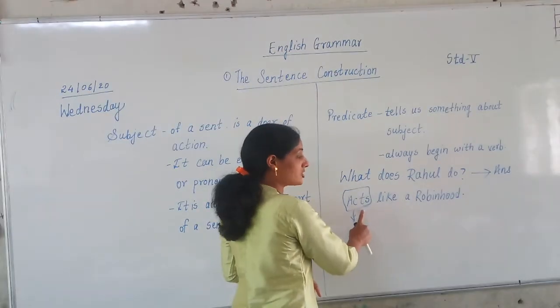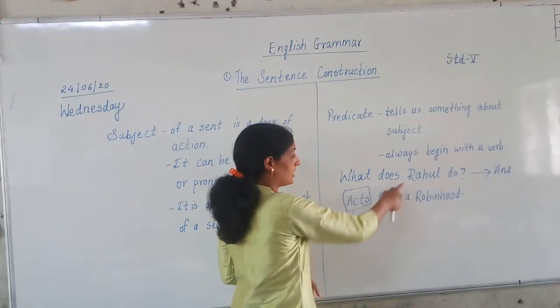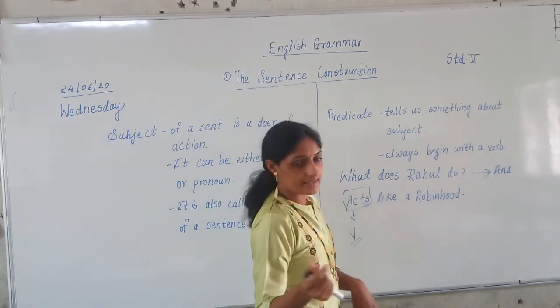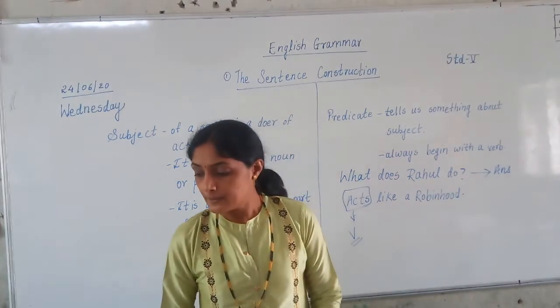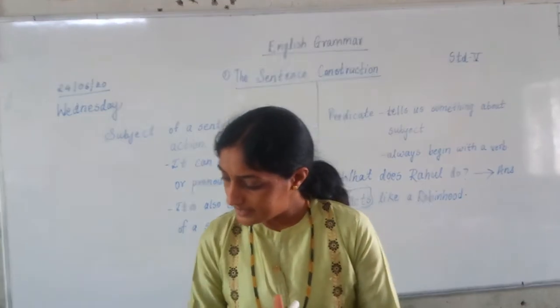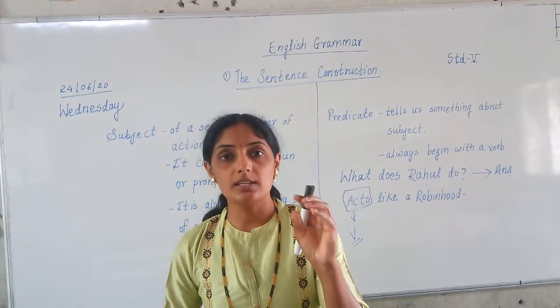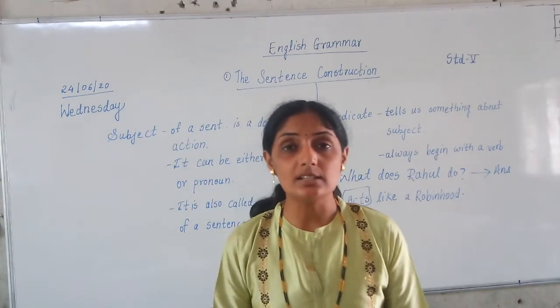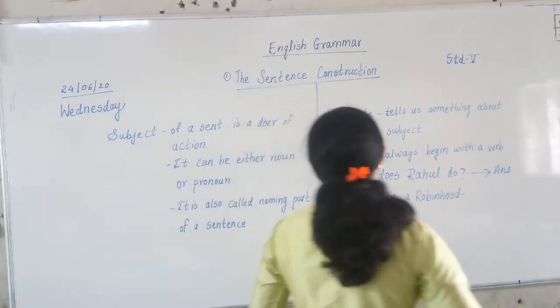So acting is done by whom? Acting is done by Rahul. So acting is what? Verb. Understood? There is a second sentence which we studied yesterday. What was that sentence? A computer is an electronic device. Then when a question is asked, what is a computer? If the question is asked to you,